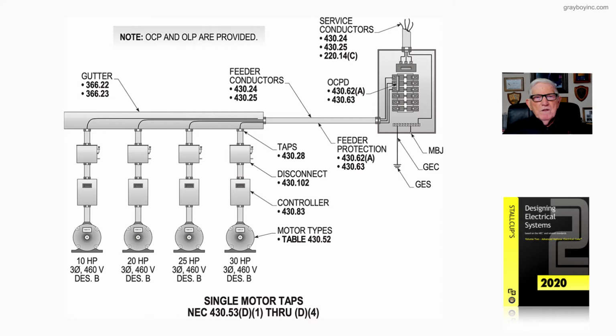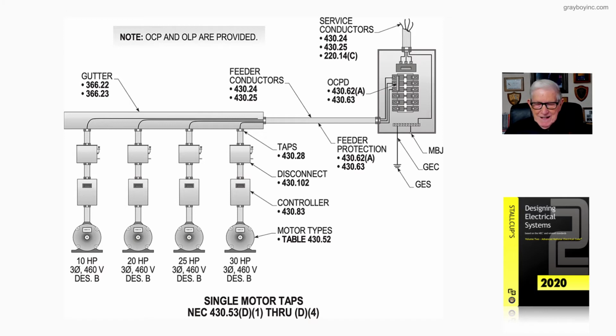Then notice we could run this feeder that you see here on out and tap again by 240.21(B), as in boy, and that's around page 101 of your code book. And then we could have a main set right below this overcurrent device here, which says 430.62(A) and 430.63, and run a feeder over to a transformer, and then tap off of the secondary side of that transformer with transformer secondary conductors in compliance with